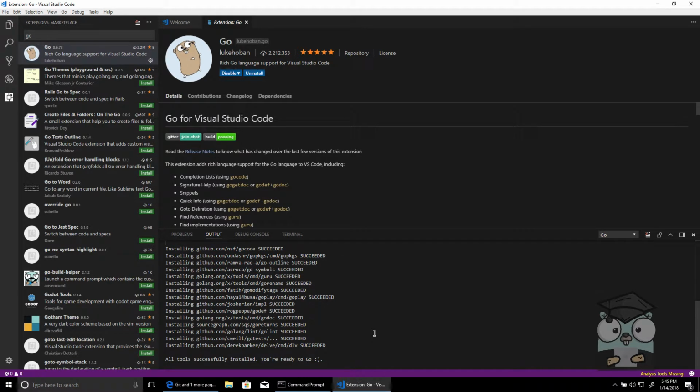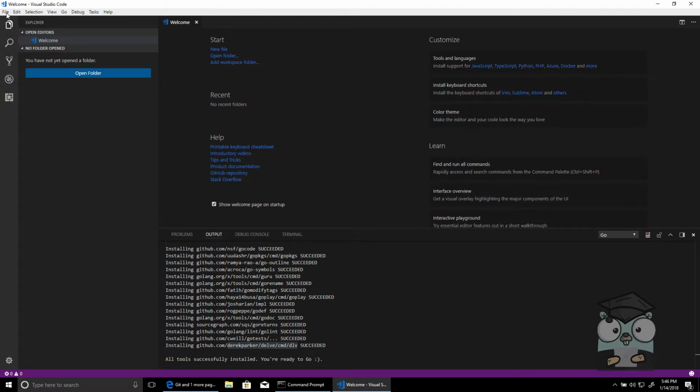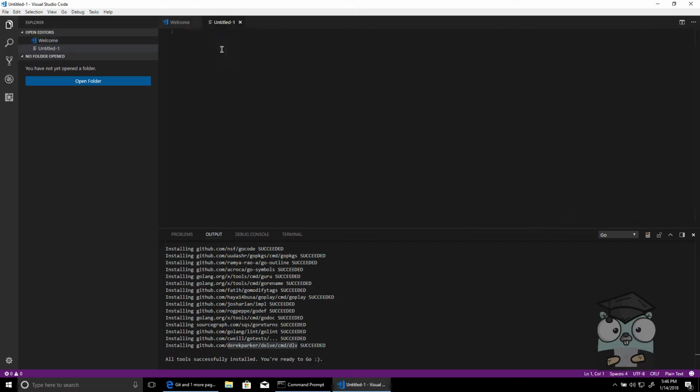And one of the best things is that when you install those analysis tools, the last one that it installs is the Go debugger, so that's one less step that we have to take now. So now that we have a fully working Go development environment, let's actually recreate the Hello World application that